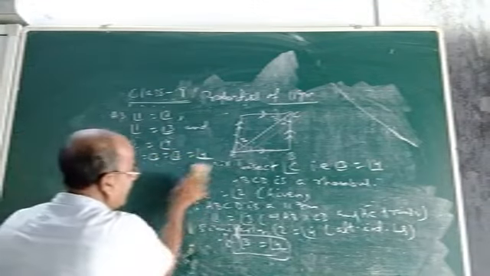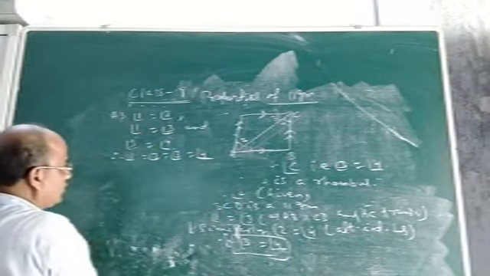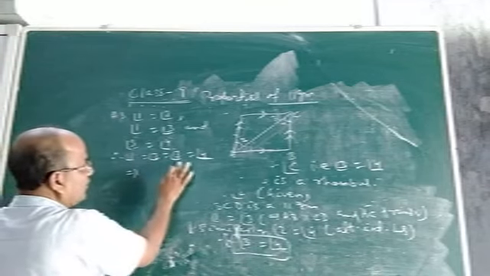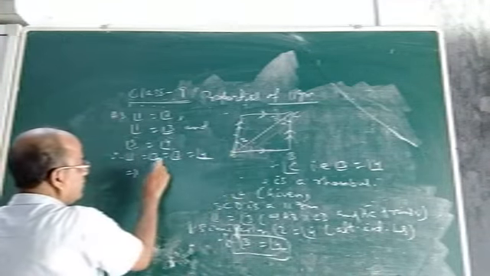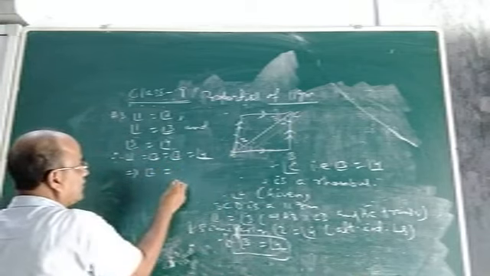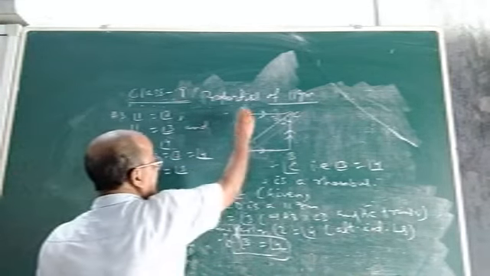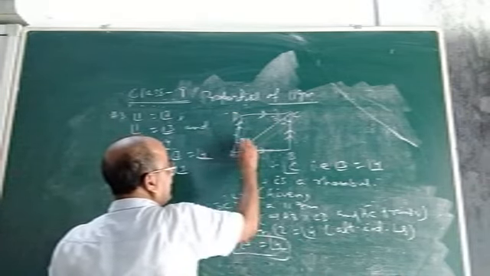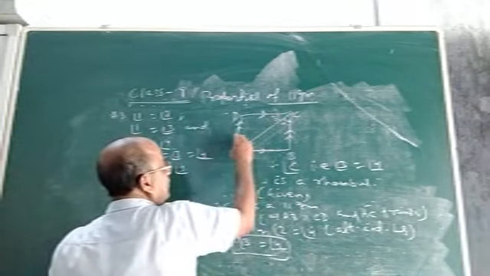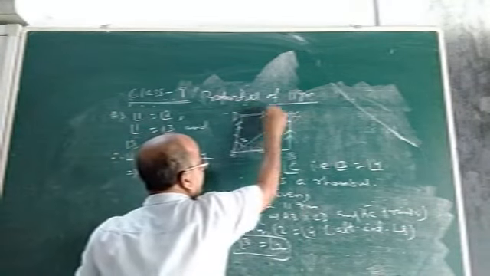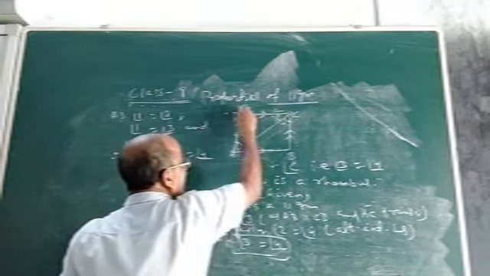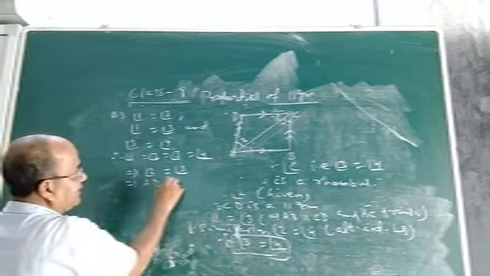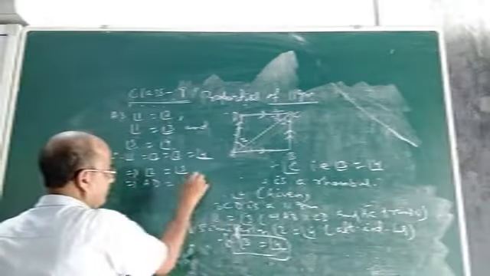And what does it show? It shows that angle 1 equals angle 4, or angle 2 equals angle 3, any one you take. So this implies angle 2 equals angle 3. Now, if angles 2 and 3 are equal, then the opposite side of this angle is which one? BC, and the opposite side of this angle is which one? AD. That means this implies AD equals DC.